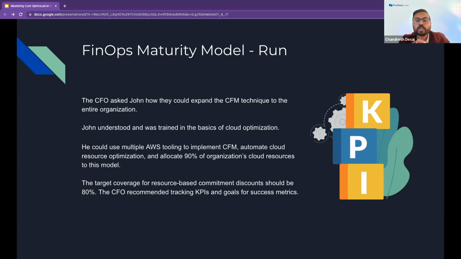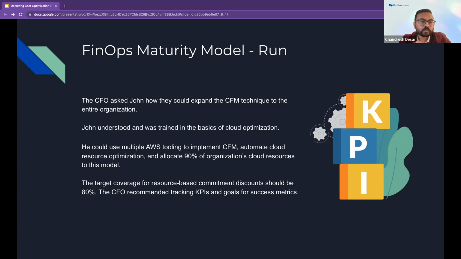You can do this using AWS native tooling, for example AWS Cost Explorer. Cost Explorer has a report showing how much of your AWS commitment-based discount you use, what your coverage rate is, and what your consumption rate is. Those rates and reports you can show to your executives, and you can also define that target coverage rate at 80%.